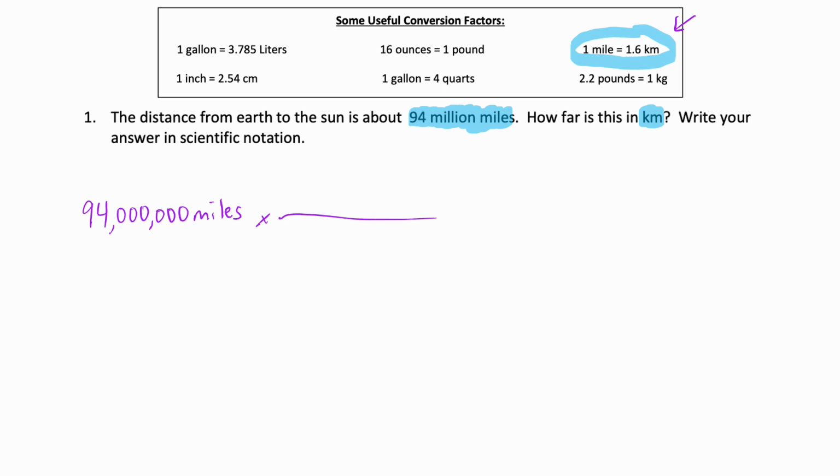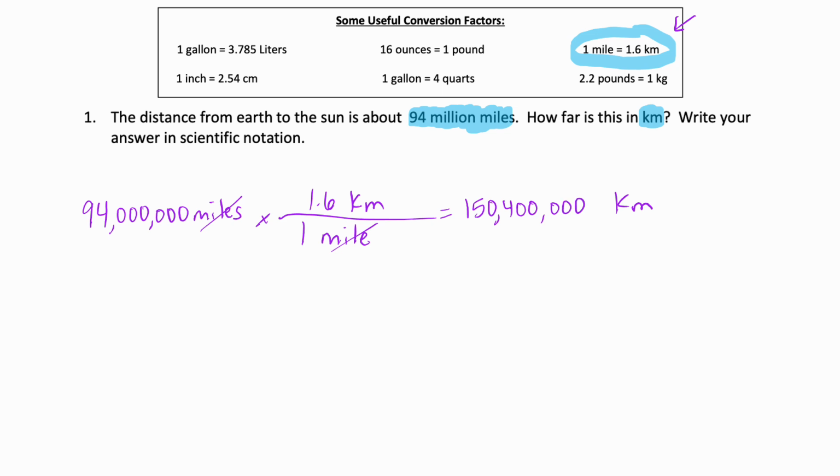So in this case, we want miles gone and we want to end up with kilometers. So 1 mile is going to go on the bottom so that our units cancel out. And then 1.6 kilometers goes in the numerator, so we end up with kilometers as our unit. So now since all of our numbers are in the numerator, we're going to go ahead and multiply 94 million times 1.6. When you do that, you get 150,400,000